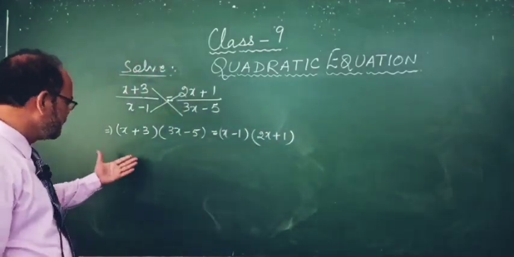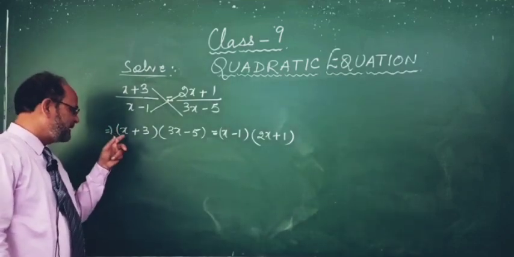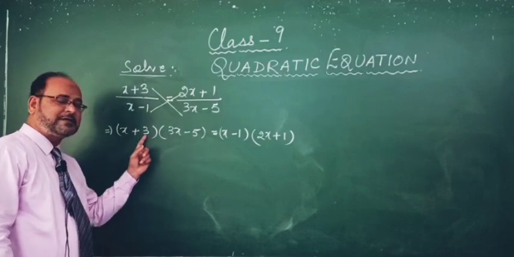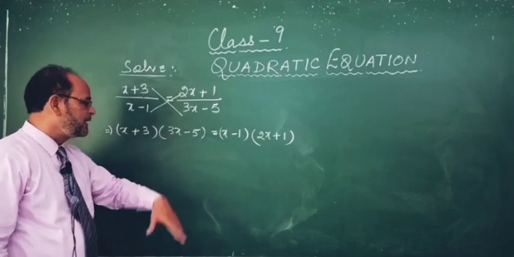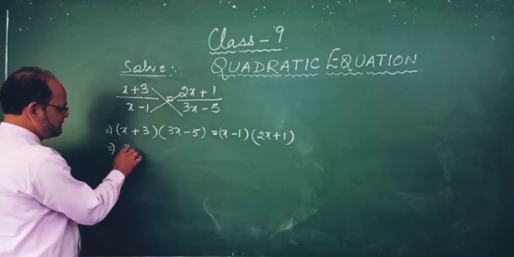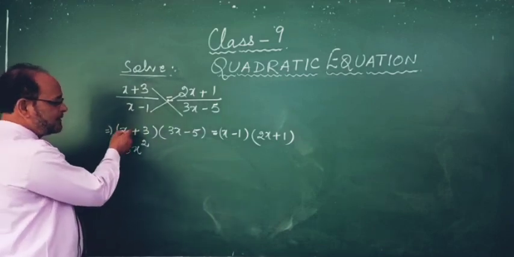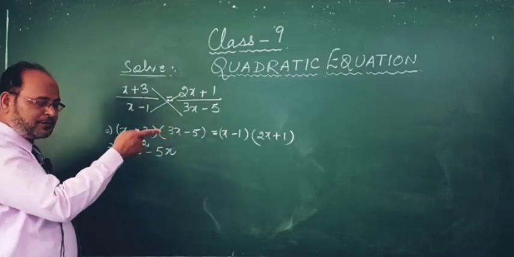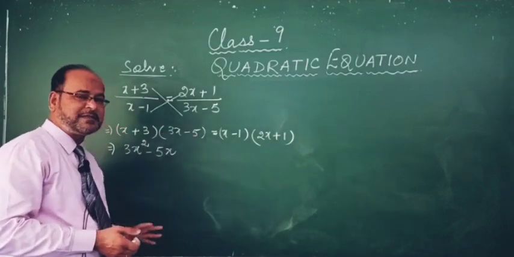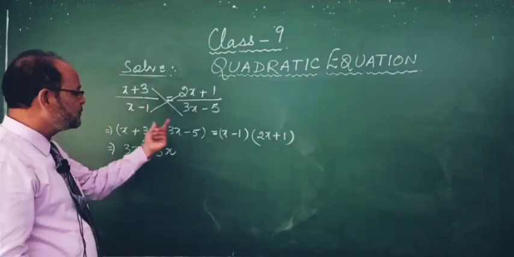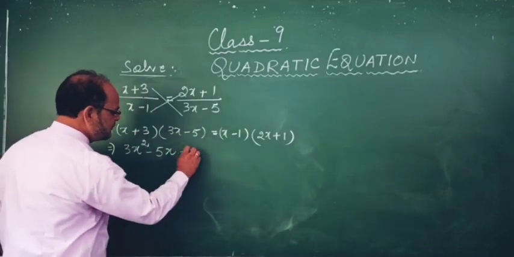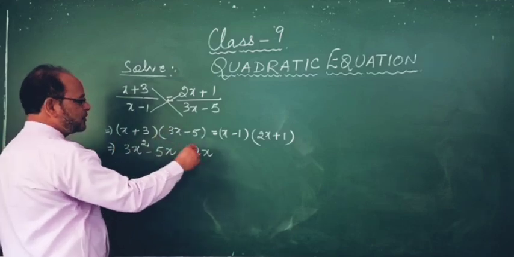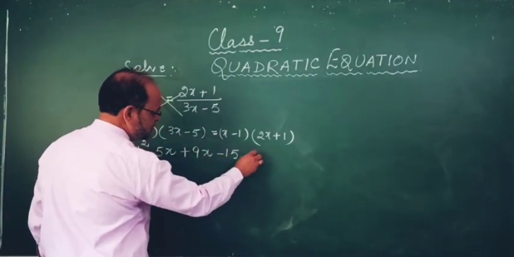I hope you all know how to multiply. If you don't know, then let's see how to multiply. We will take one term here and multiply it into these two terms. Then we will take this constant number and multiply it in both terms. So when we multiply x in 3x, we get 3x square. When we multiply x in negative 5, we get negative 5x. The multiplication of x into these two terms is completed. Now we will multiply 3 into these two terms. So 3 in 3x will give you positive 9x. This is positive 3, this is negative 5, so the product will be negative 15 equals 0.